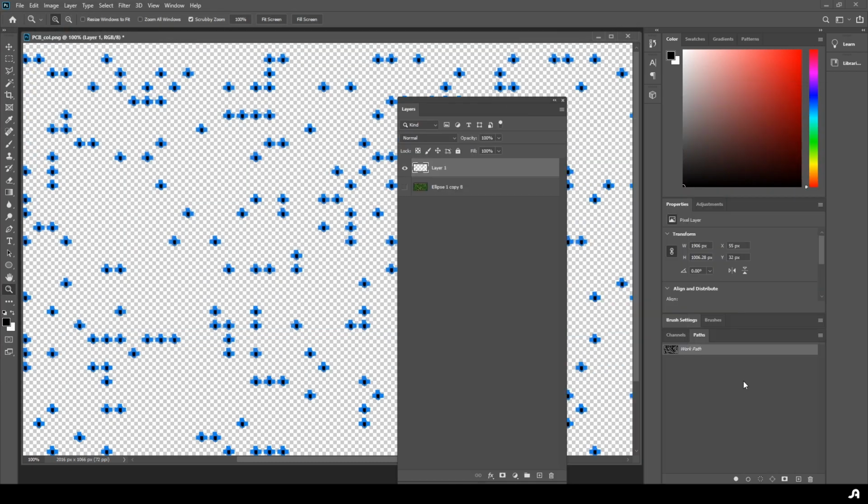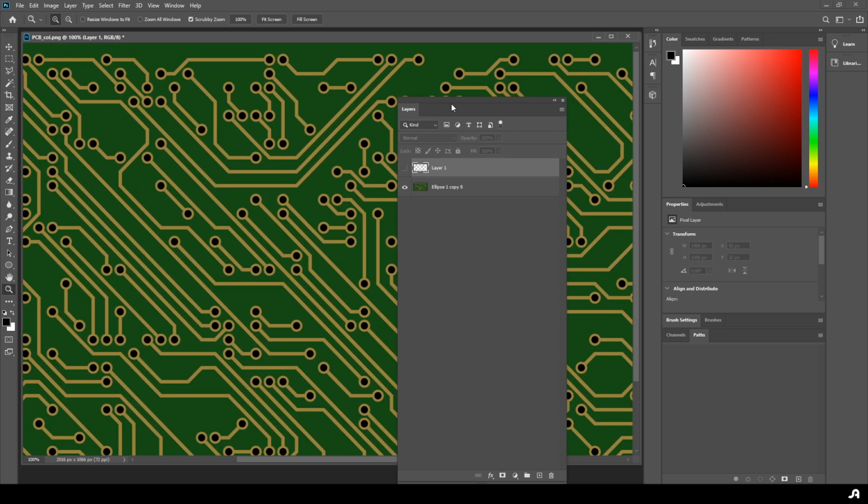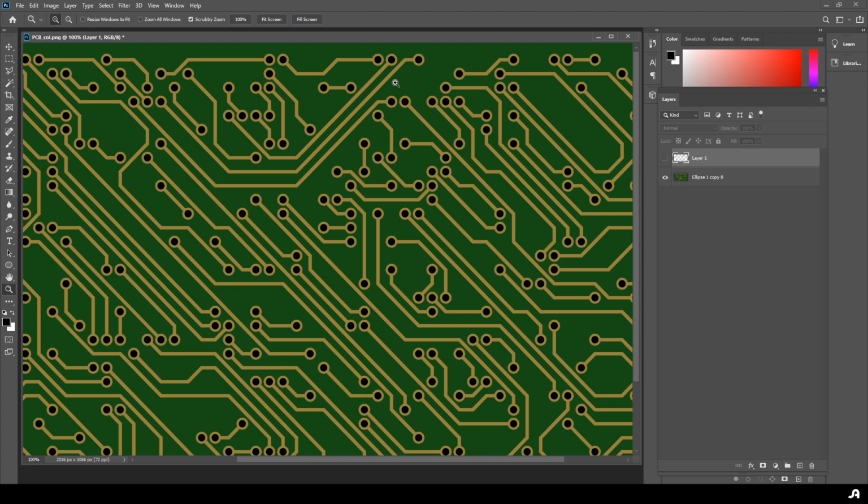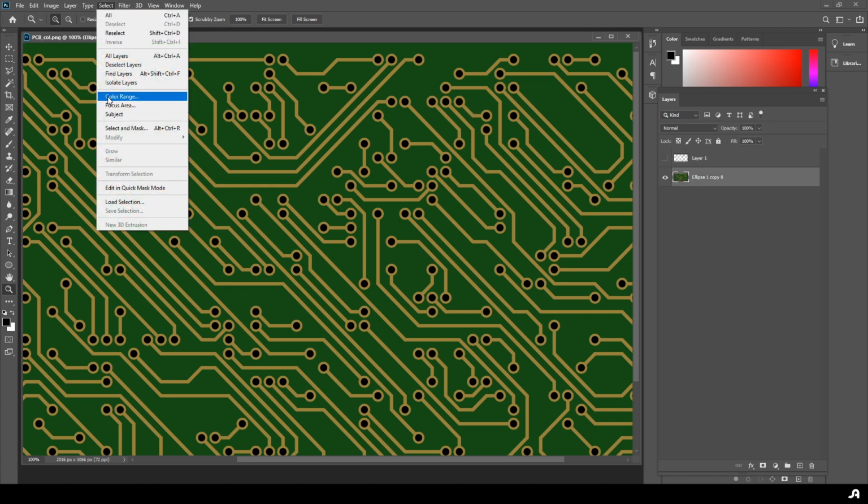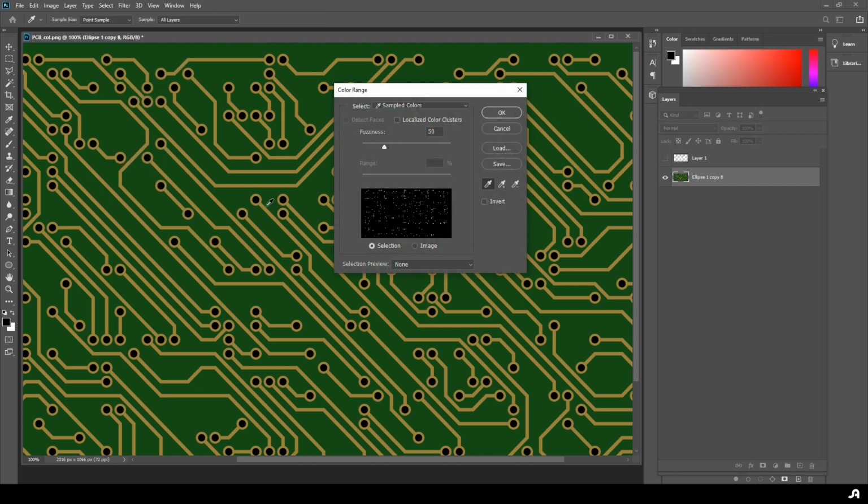Okay, so let's just get rid of that work path now. I don't need that anymore. So what I'd also like to do is create a mask so that we can texture the backing for the board and the metal lanes differently. So if we go to our layer, and we'll do color range again, and this time select the lane,